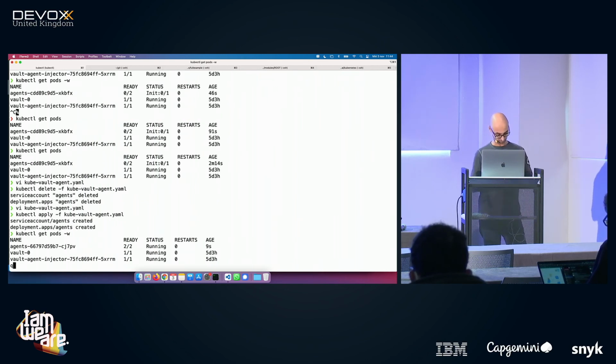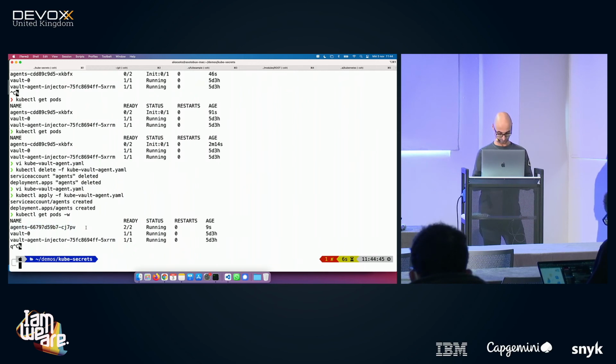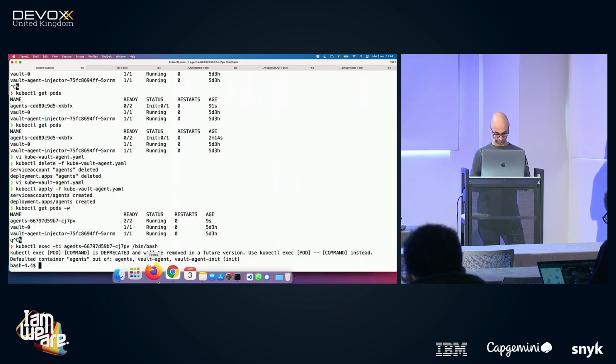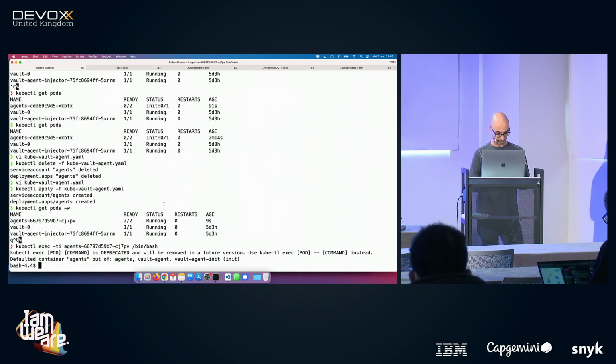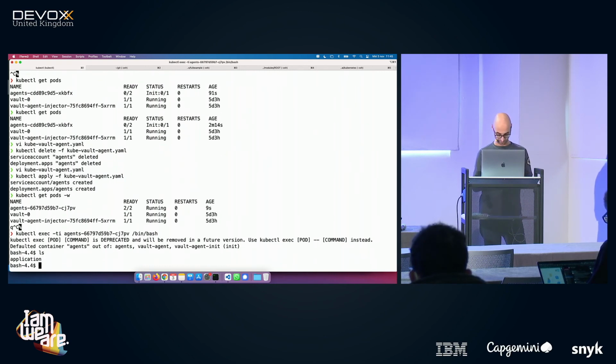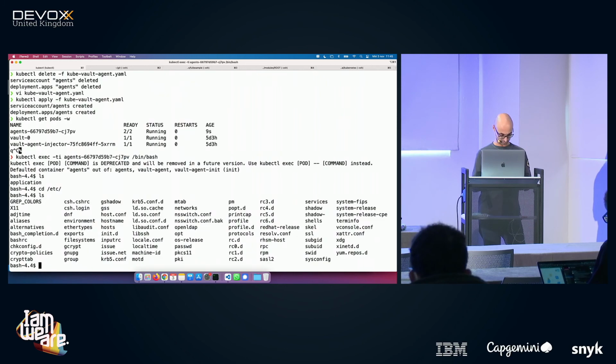And if I do kubectl exec -ti /bin/bash, now you will see in a moment. Here I put the config. Doesn't matter. Okay. Now you see that there are 2 containers. One is called agent, another one is called Vault agent. Now, and that's the funny thing, if I go to etc,